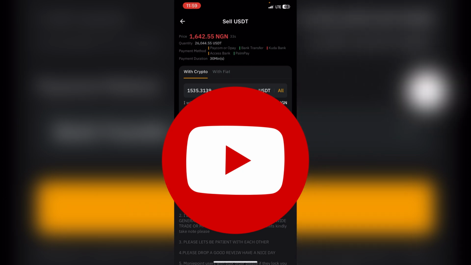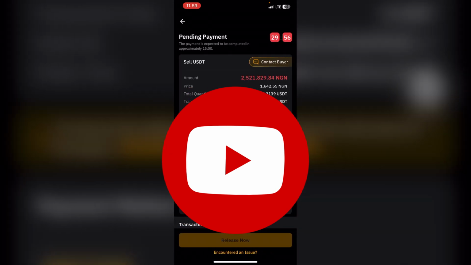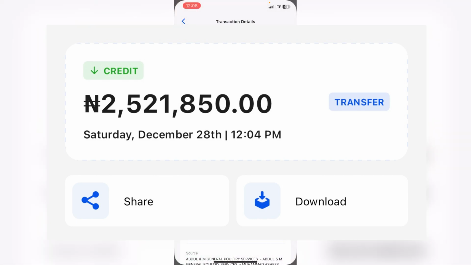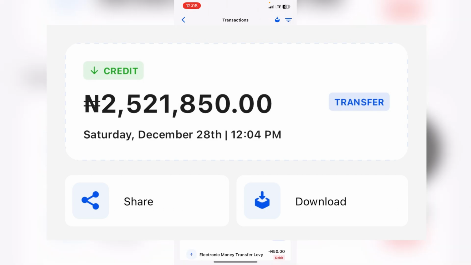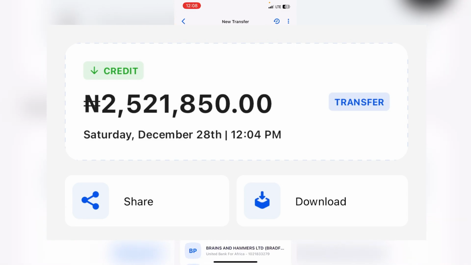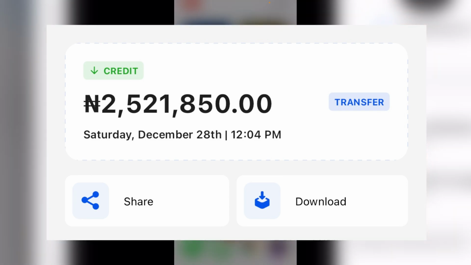I used to transfer it to my other account to see it before I release. All right, so the owner has marked that he has paid, that I should release. So the first thing I do is go to my account to check if the payment is successful. And once I see that the payment is successful, the first thing I do is transfer it to another of my accounts. Right, as you can see, it's here,